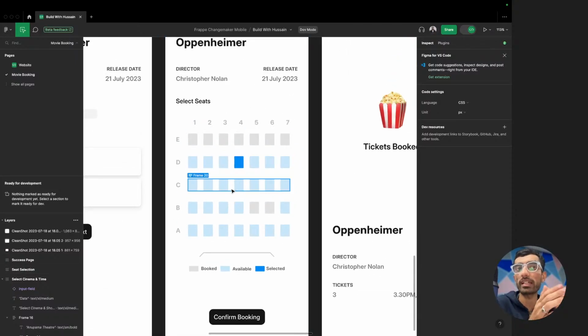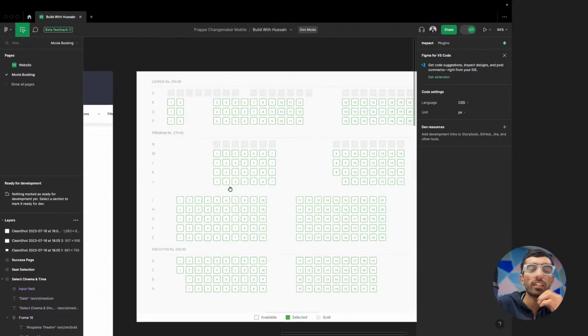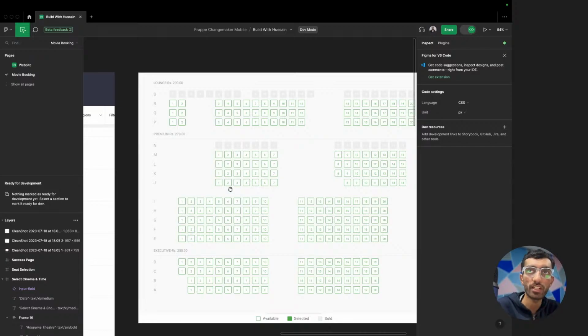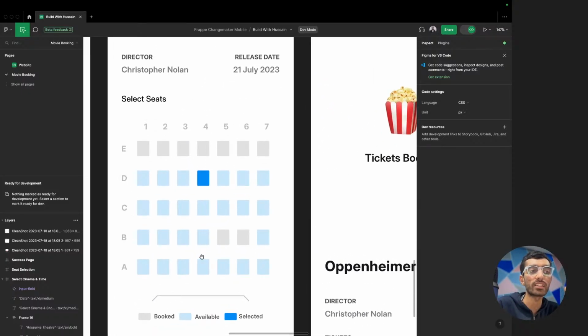So for keeping it simple, in a real world application this is very complex, because different movie theaters have different numbers of seats and different categories of seats. Some call it gold, silver, some call it executive, premium. So the data structure in the backend will be a little complex. Maybe if we have time in the bonus episode, we can try to model it close to this. But for now, I'm just assuming that all theaters have